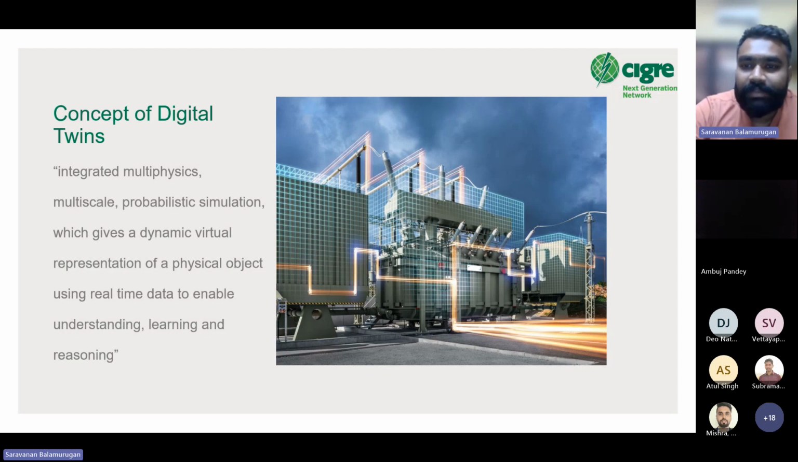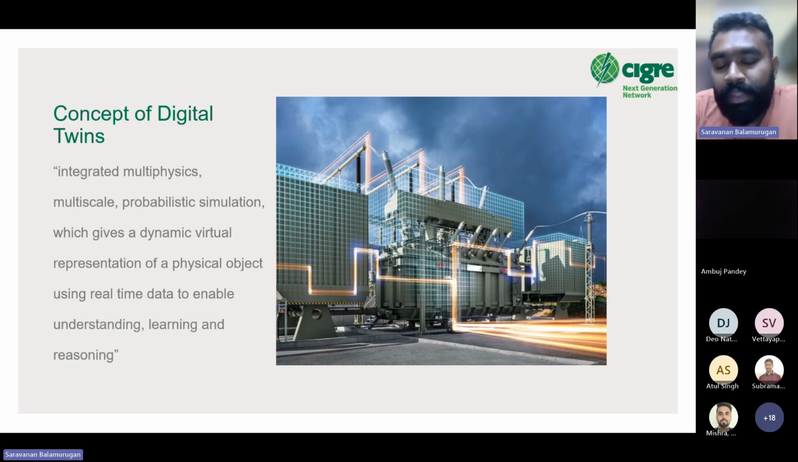Like multiple concepts in power systems, this was borrowed from other domains. So to keep it very simple, but at the same time understandable, digital twins are nothing but integrated multi-physics and multi-scale probabilistic simulation, right? So you're going to have a multi-physics simulation, since a transformer is not just an electrical device. It has mechanical components, thermal components, chemical components. So you need to understand the different models that exist within these, which gives you a virtual representation of